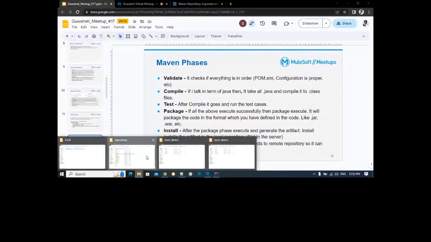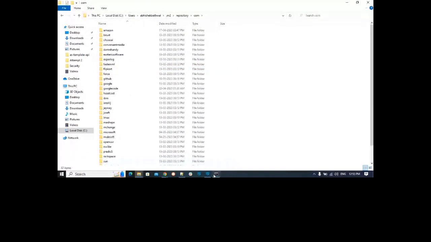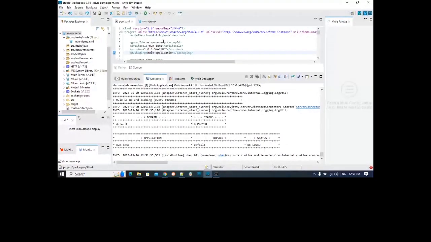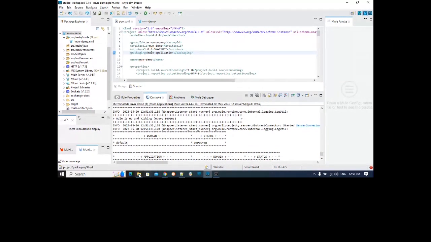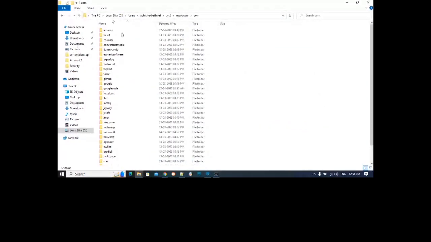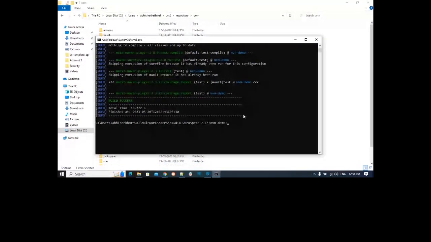Let me first show you the path. The path will be com.mycompany, which will contain the name of this application, the artifact ID, and a jar file. Let me first see, do I have any my company folder over here? I don't see any my company, so let me perform this operation, mvn clean install. Once I do it,